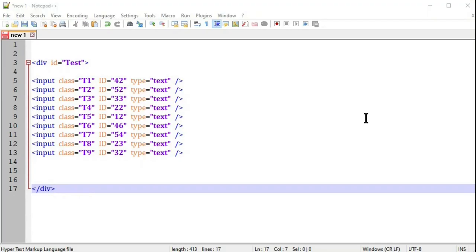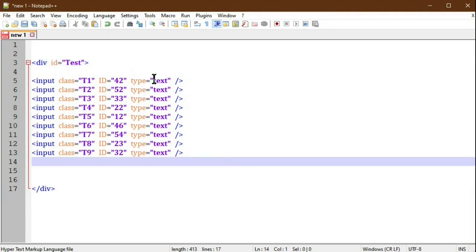In this file, we have written 9 input text boxes, and each text box has a different class name, T1, T2, like that up to T9. Also, the ID of each input box is an assigned random number. Normally in the find and replace command, we can find an identical word and replace it with one word.